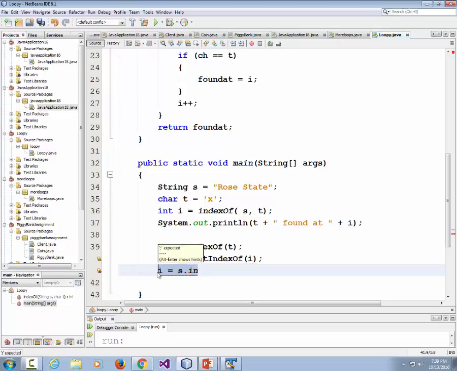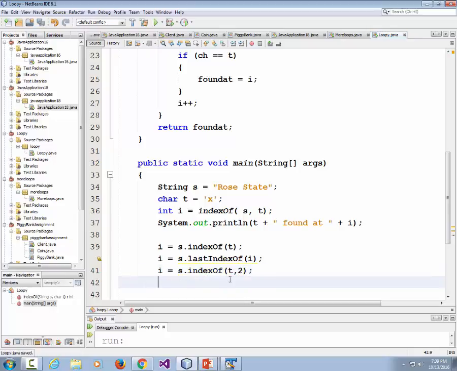Question about NetBeans in general. It's got those pretty helpful IntelliSense guides. When you come back to something, you may not recognize what each of the arguments for each function are. Is there a way that NetBeans will redisplay that? Right. So if I wanted to do index of t starting at position 2, and I didn't remember what those were,